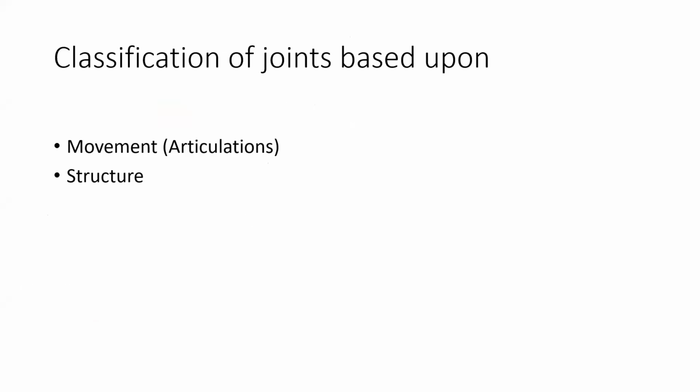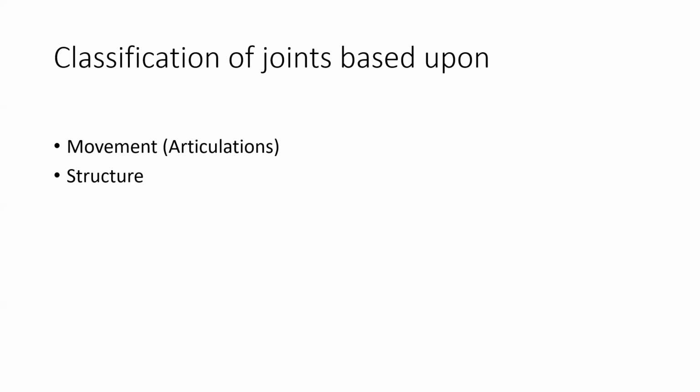Bones are going to move on bones. That is articulation. When a bone rubs or moves on a bone, and we have movement, we have a joint. And some of our joints are going to be freely movable, some are going to be slightly movable, and some don't move at all. So we base our joint on 2 classifications. Do they move,